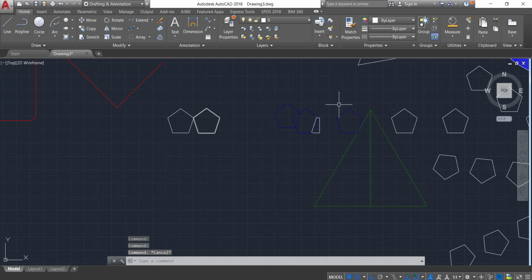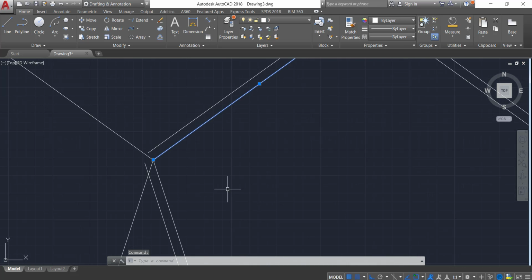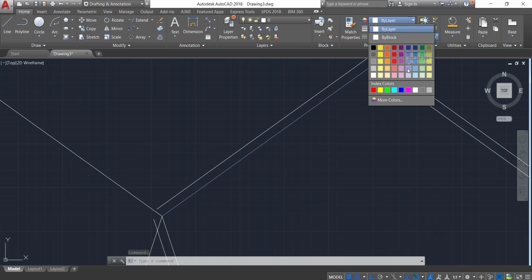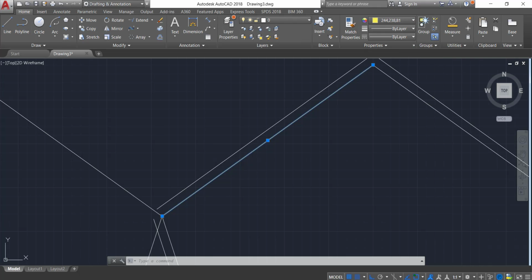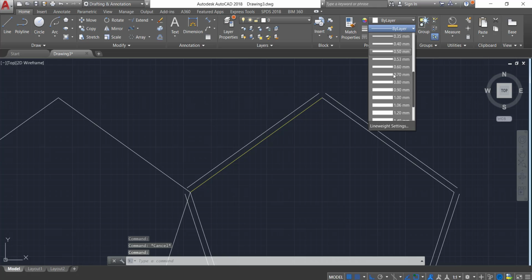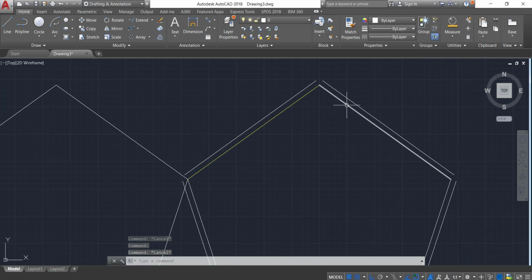If you want to modify the property of any single line or object, for example, if I select this line and want to change the color as per my requirement, then I can change it. If I want to change the weight of this line, you can change the weight also. The weight will not show here; in your print layout, it will be clearly visible. So here also you can change the line properties.